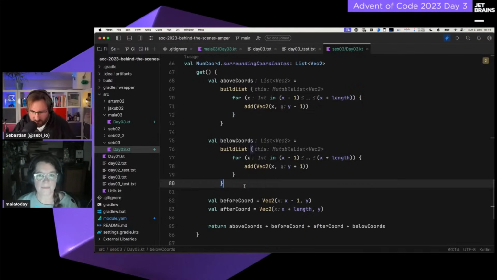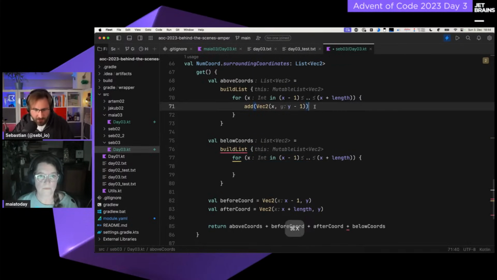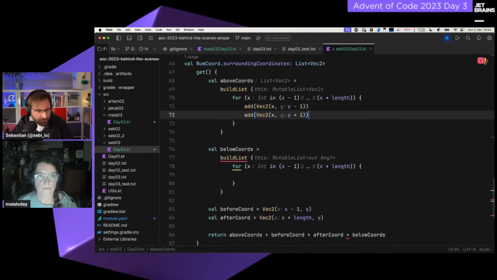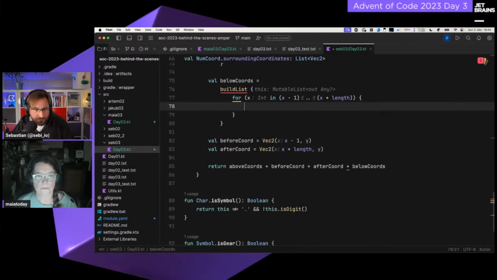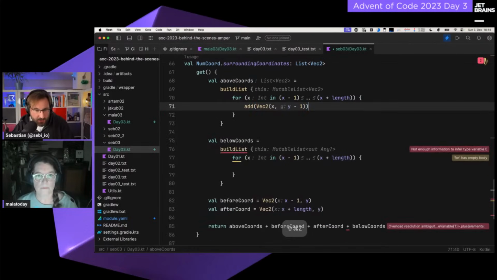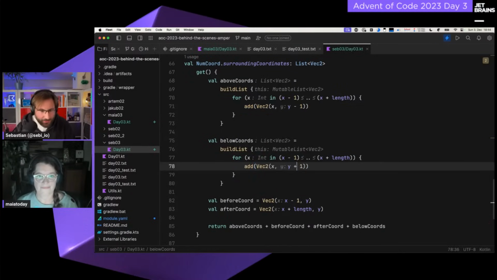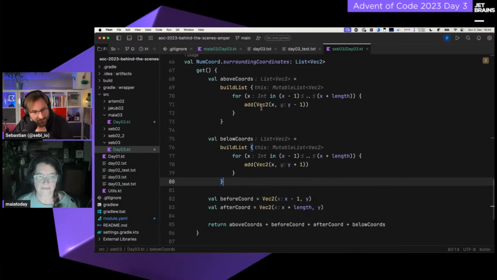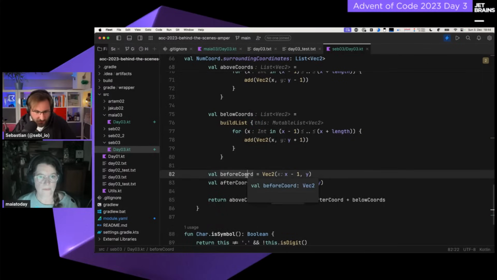And then we'll do the same for below coordinates. These loops do the exact same thing, so I could just move this part in here. There's no other structure for it. I just had that in there. So I think I probably broke my code now. There we go. So we just have those above and below, and then we have the before coordinate and the